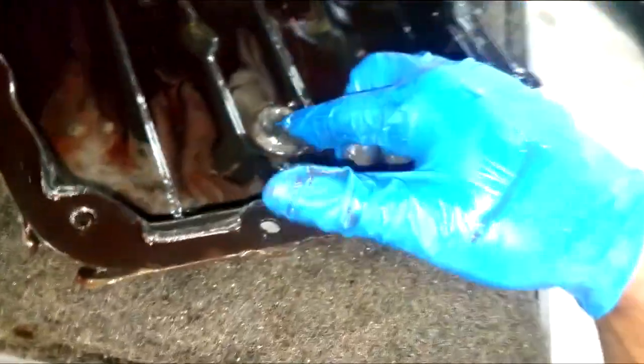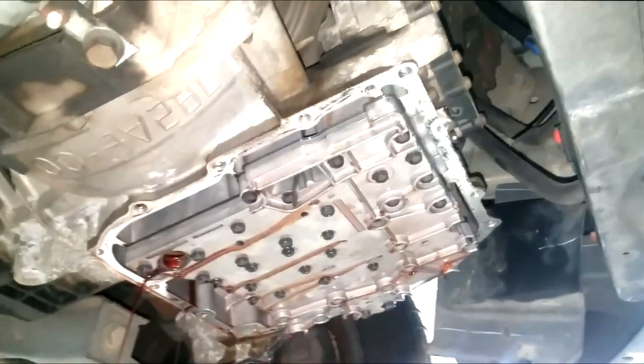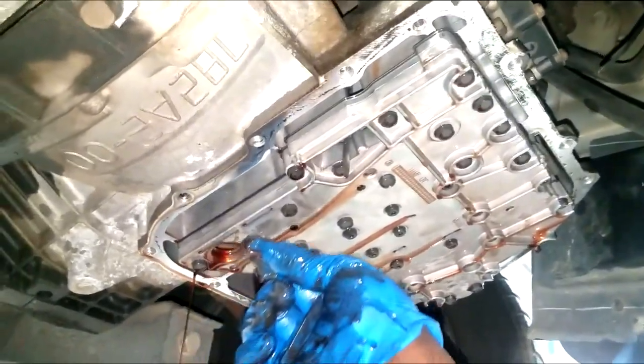The clutch material will break down. This car has almost 50,000 miles. But this car has 150,000 miles on it. And the customer said she can't recall it ever being replaced. Has it ever been replaced? I don't know. I don't know what the previous owner did, but make sure you get this O-ring out